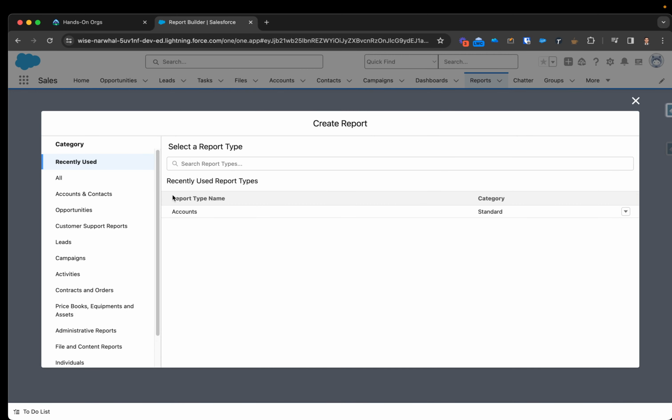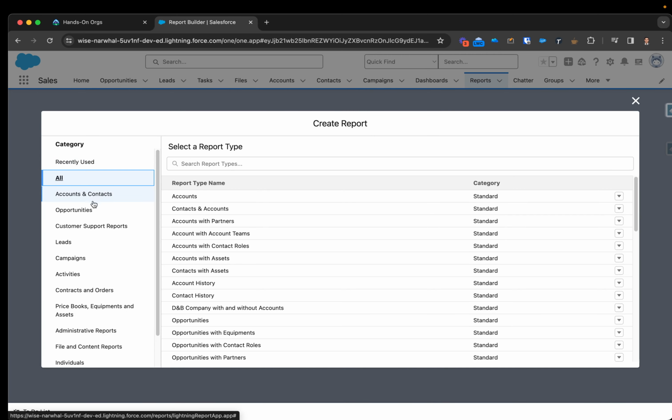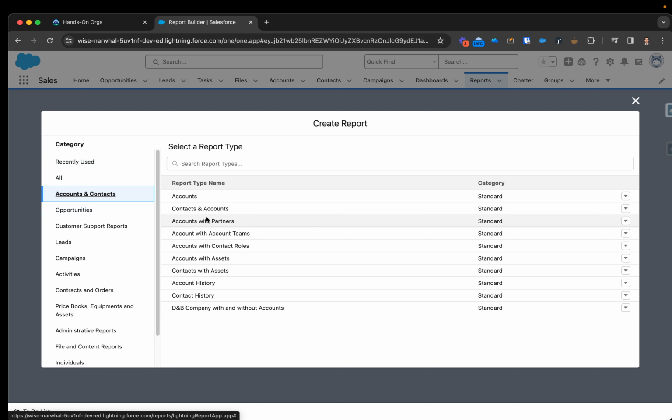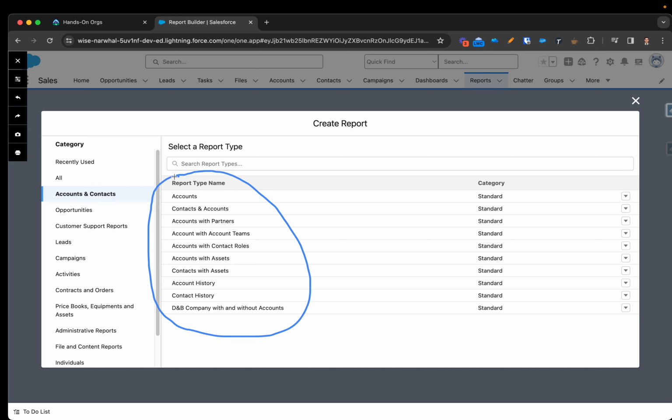In this section, you will have more categories. You can click on all, you can click on the opportunity category, but the one we're looking for, let's go with account. But before you actually click on the account category, let's just select that one for now. On the right section, you see a record type name. You also have a category. You can see from here that contact records and accounts are together. Here you have accounts with partners. So they all have different